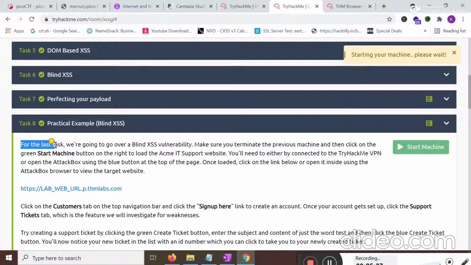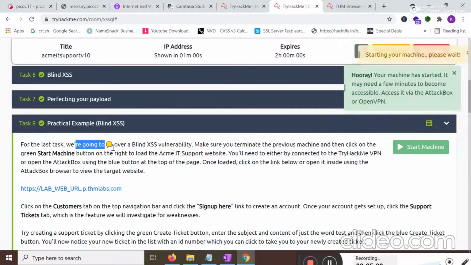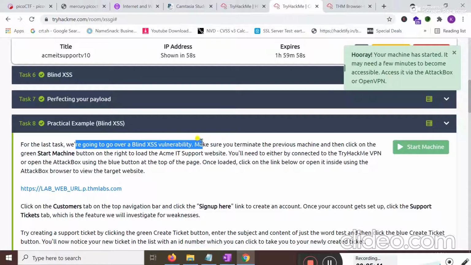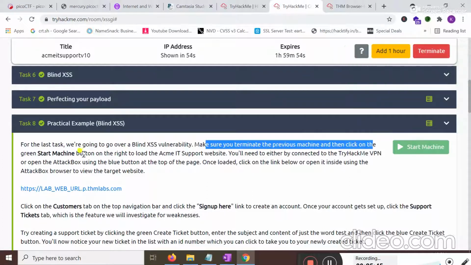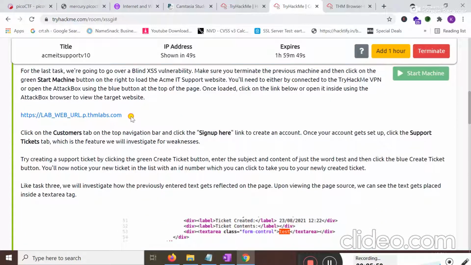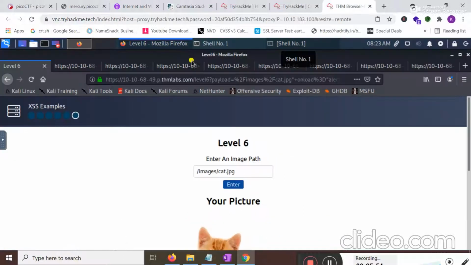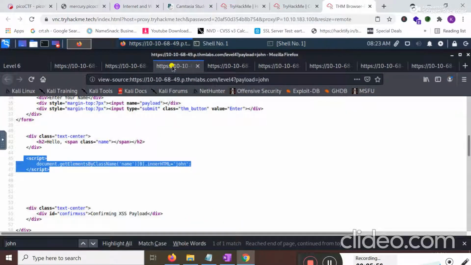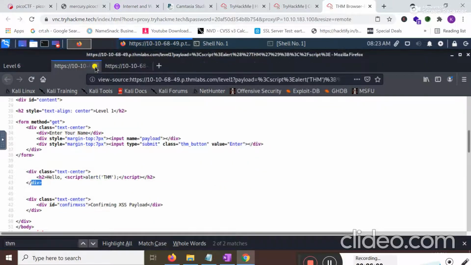First, for the last task we are going to go over blind XSS vulnerabilities. Make sure, students, you terminate the previous machine and then click on the next machine button to start it. After this machine is activated, I will click this link. I'm going to close all these tabs.